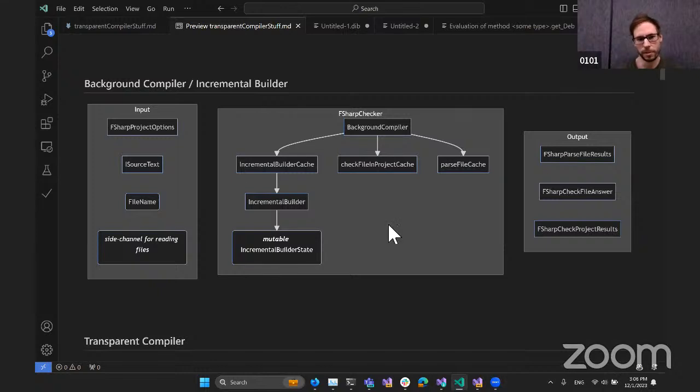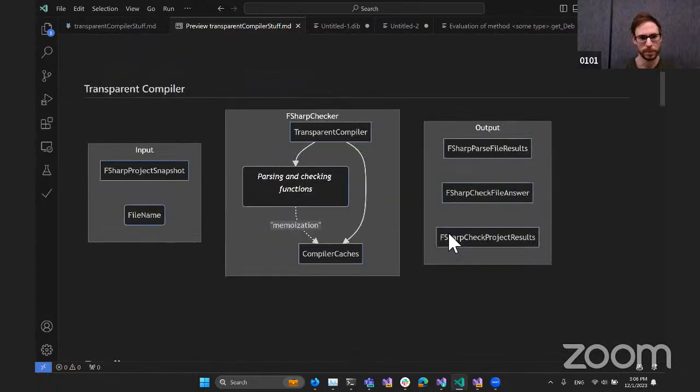And yeah, whenever there's a change in project options, like a new switch, or you add a file or dependency changes or something, then you get a new builder, and the old one will be cleaned from the cache. And now, the transparent compiler: how it's supposed to work is the F# checker will be holding one instance of the transparent compiler instead of